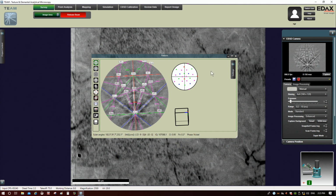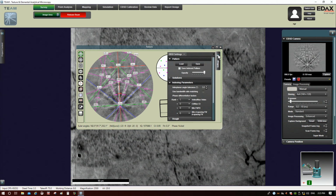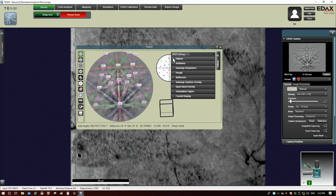Okay, and there are a few things to touch on in here. If we expand this settings tab on the right, there's a bunch of stuff in here, and I would love to do a deep dive on all of this at some point. But for now, the most important thing to keep in mind is in this Hough menu, you want to make sure you have the mask set to the proper value. Okay, so the mask,